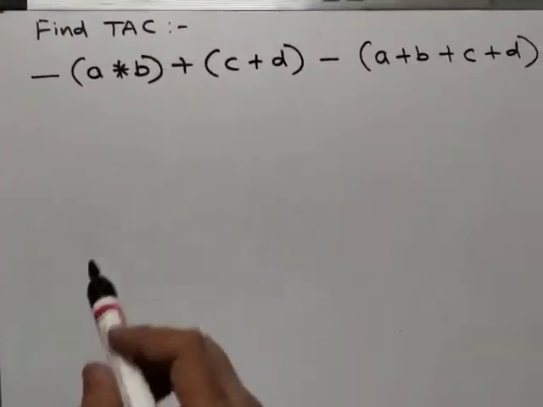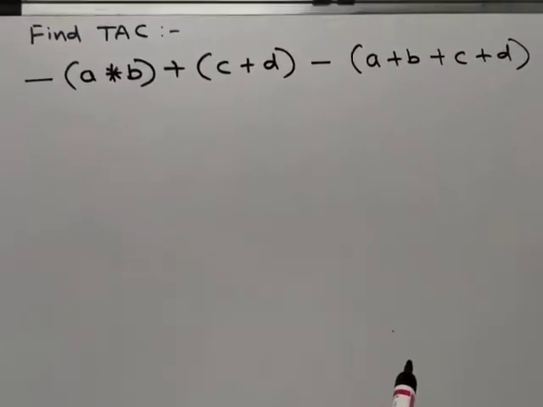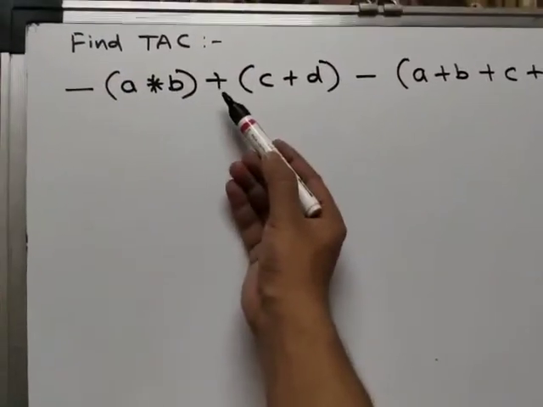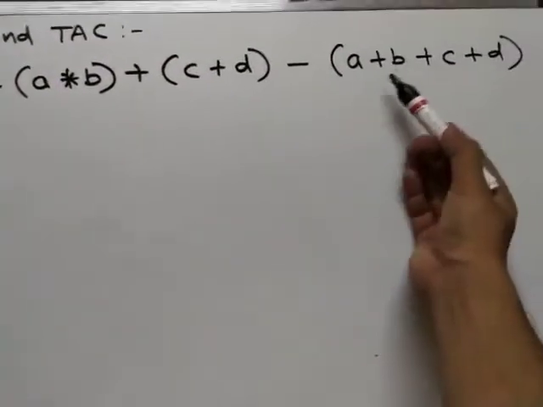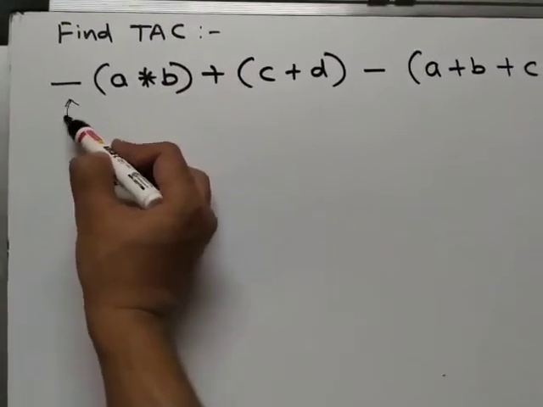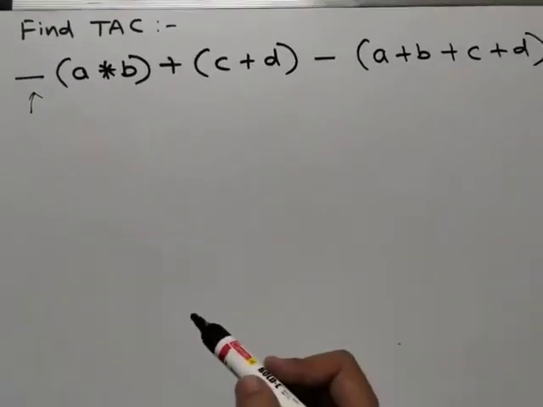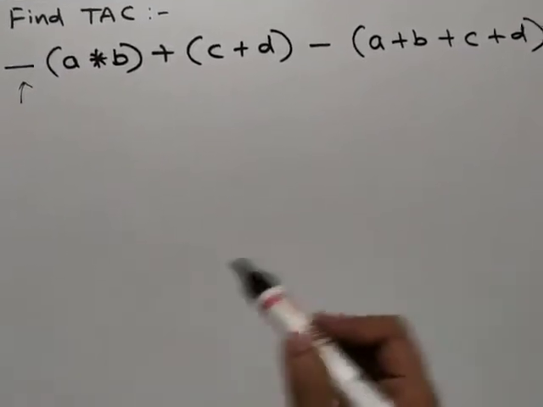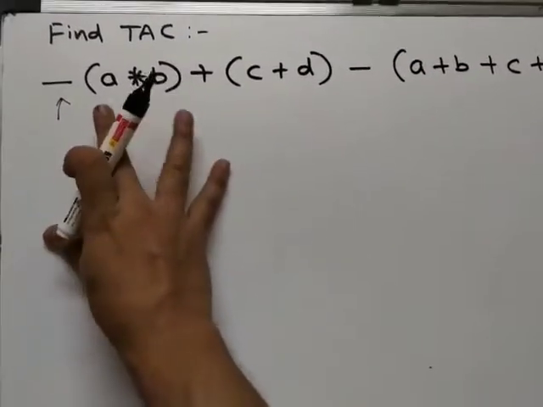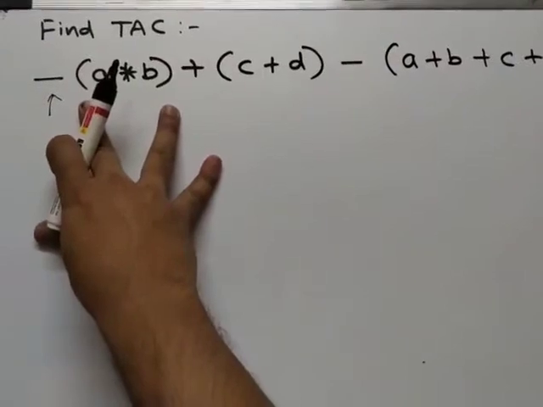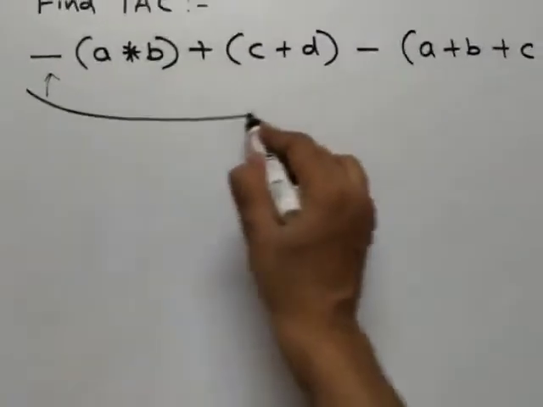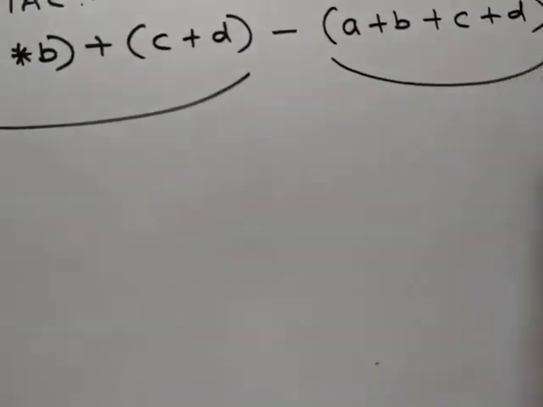So let us start by looking at the operators present in the expression. We have unary minus at first position, then multiplication, addition, subtraction, addition, and addition. The highest precedence is given to the unary minus operator. It has the highest precedence over all the present operators. Then what two parts we can see here. First of all, the unary minus expression is there, which is added with another expression. So we will be evaluating this part first of all, and then we will be evaluating the second part.